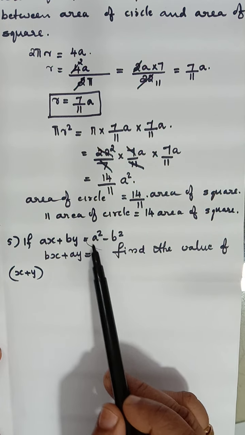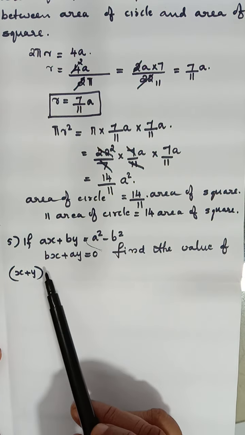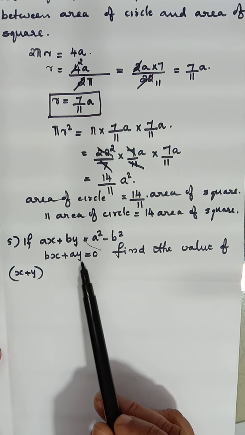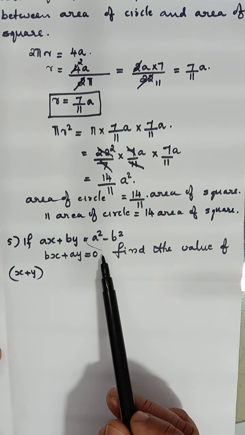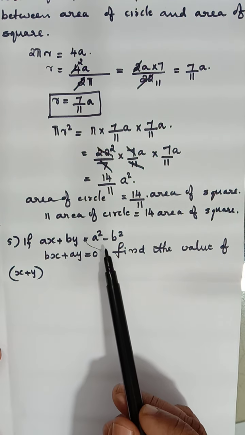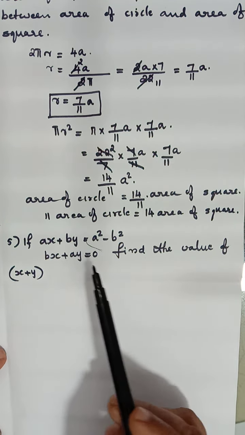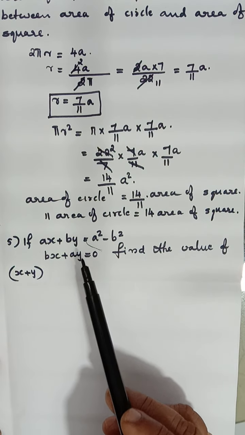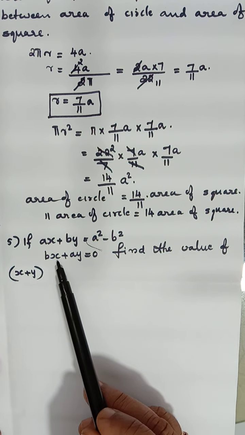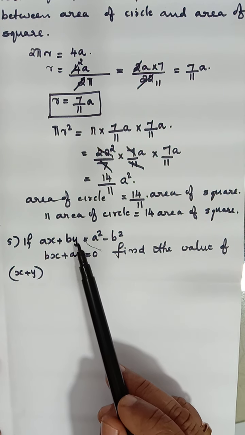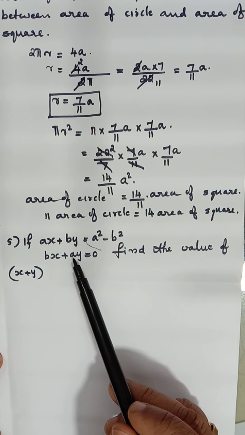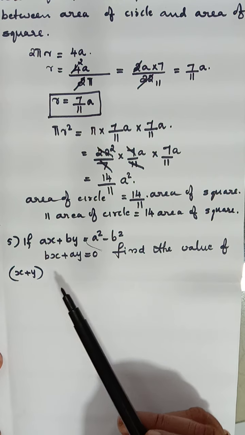Here c1 is a square minus b square. And the second one is also of the form a2x plus b2y equal to c2. So first the x term comes, second the y term, and then the constant term. When we get such a question, just check the coefficient of x. Here it is a, and for the second one it is b. Whereas in the first, the coefficient of y is b and in the second it is a. So it comes alternately.